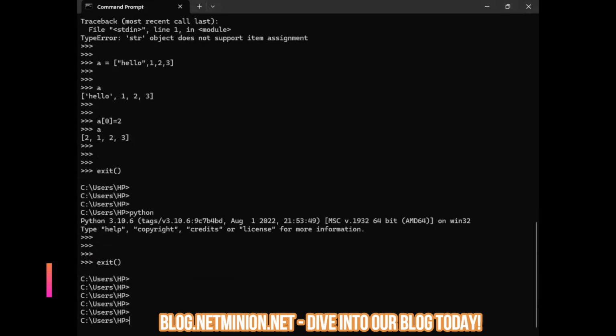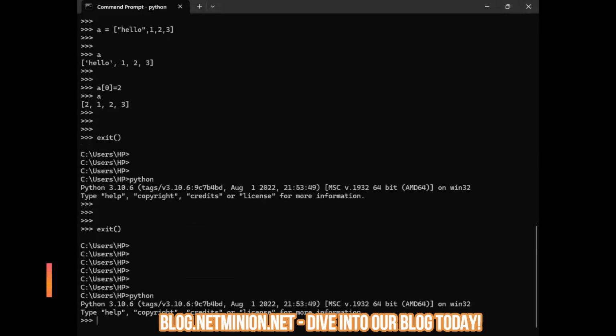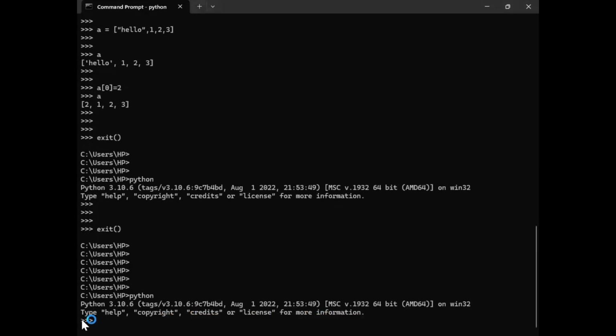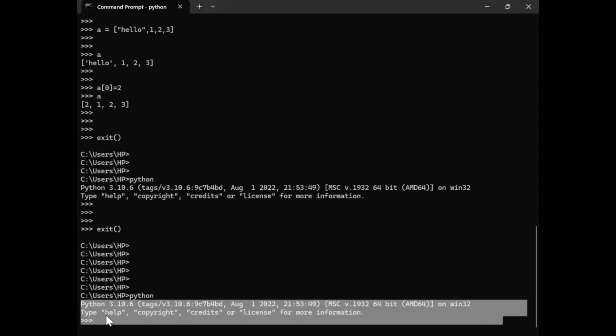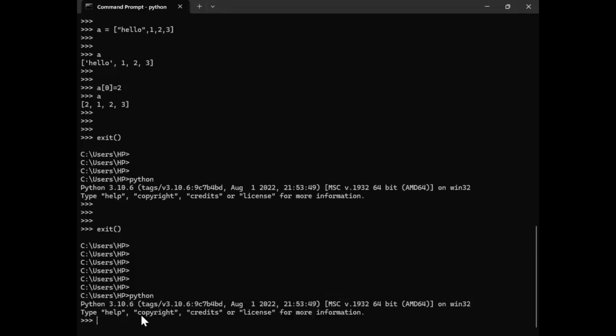So you go into the command prompt and you just write Python. And when you write Python, you can see such information, and after that, such a screen will appear in front of you. It means you are under the Python interpreter. So it means that you are under Python, and this screen is showing the Python interpreter.